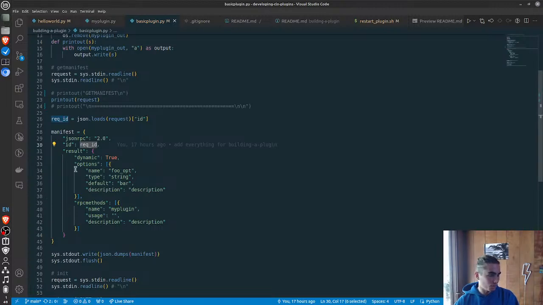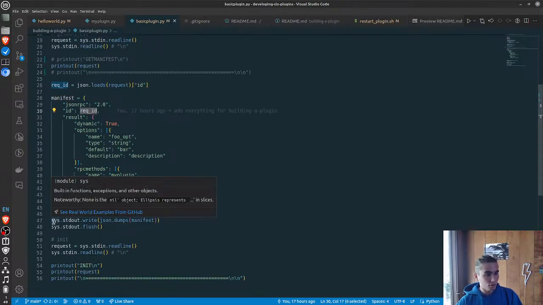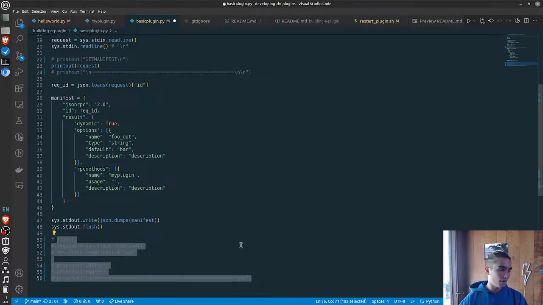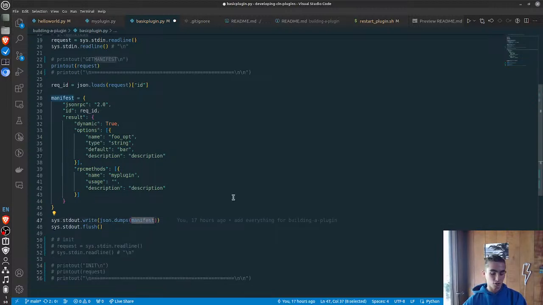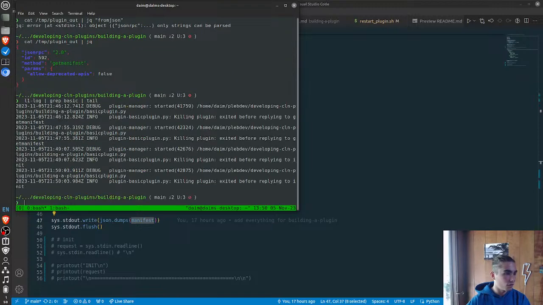And then we're just specifying options and which RPC methods there are. And so then we write that out. We write the manifest to the plugin's stdout. So if we do all this, but comment this part out, then basically we got the manifest, we created the manifest, and now we are responding to it. So we should see, if we go in the logs again,